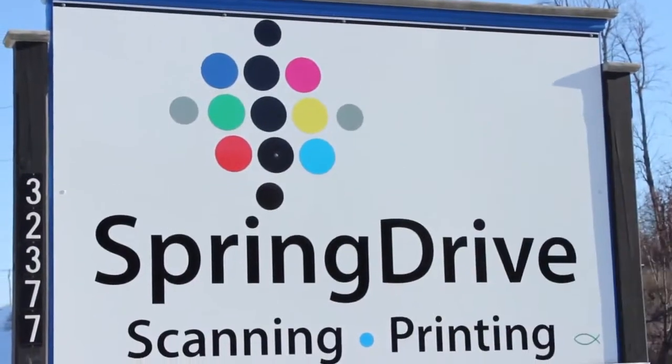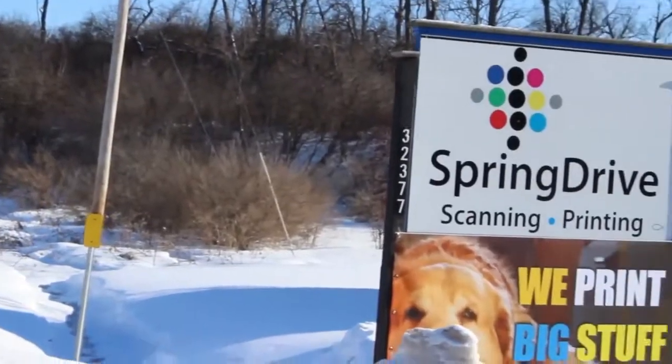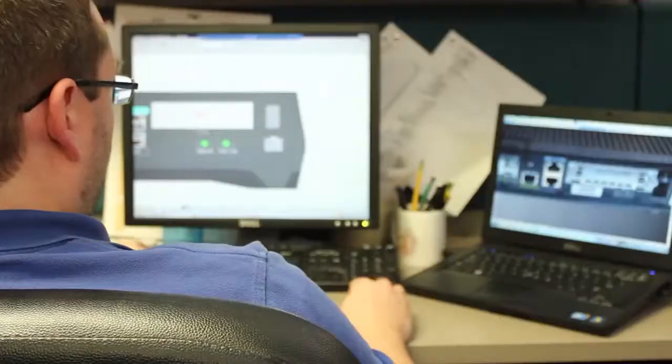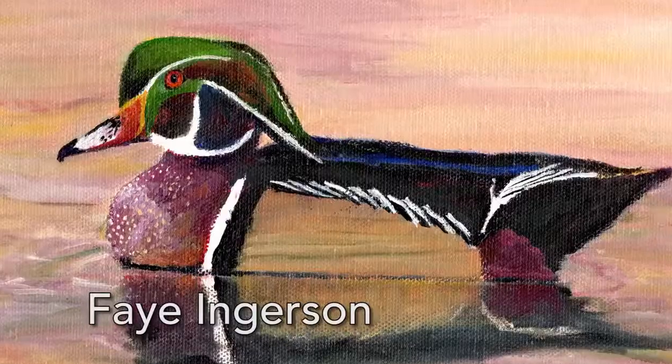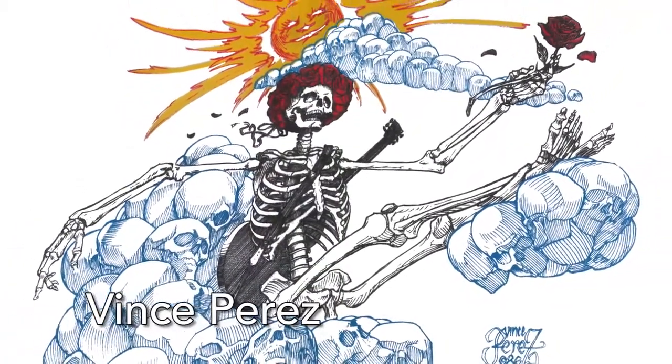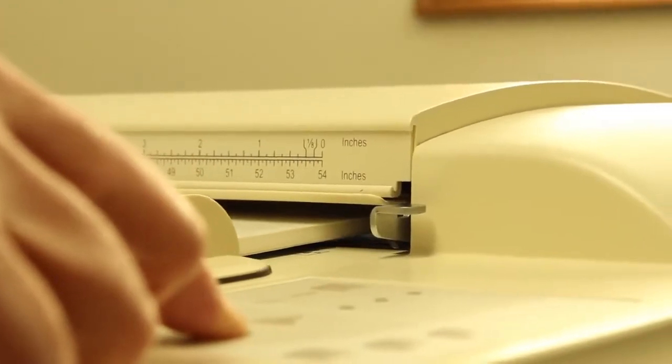SpringDrive is a company that is located in the North Country in a rural area in Depauville, of all places, and we started the company in 1999, so we've got 15 years of providing computer graphic services. That computer graphic terminology covers a pretty broad spectrum of things, and there are very few things we haven't found ourselves doing here. It all started because I'm from Detroit originally, and I had a background in working with AutoCAD,